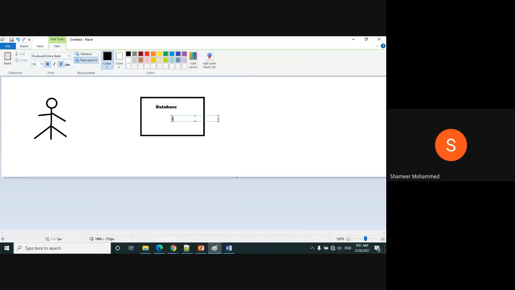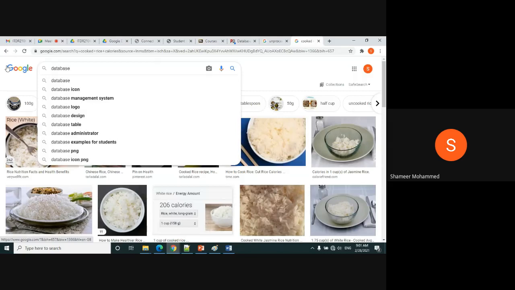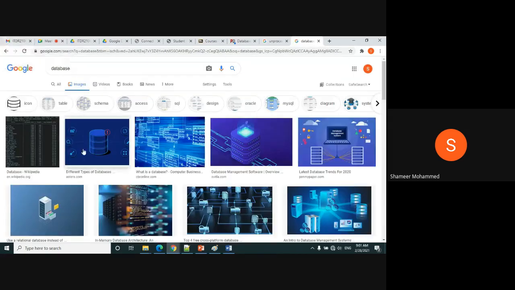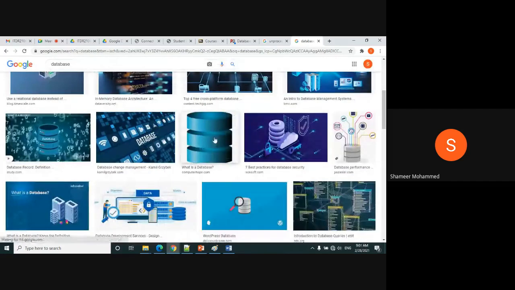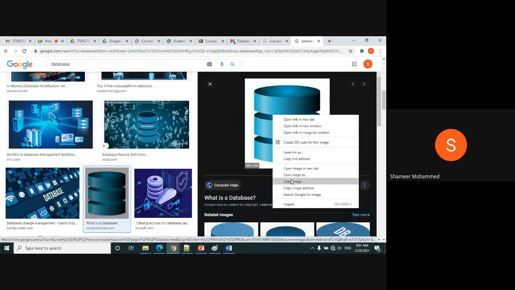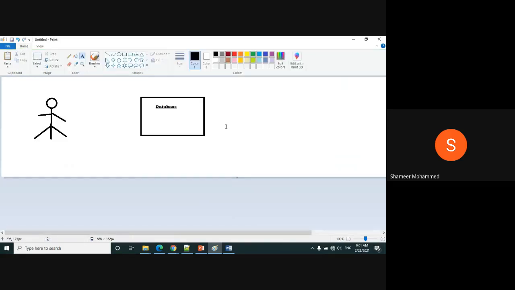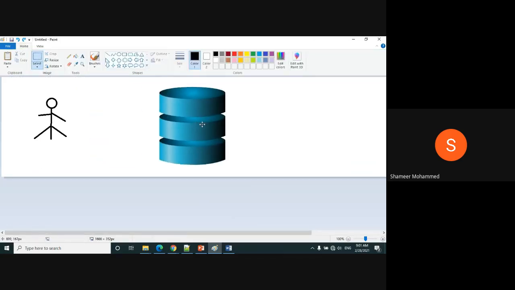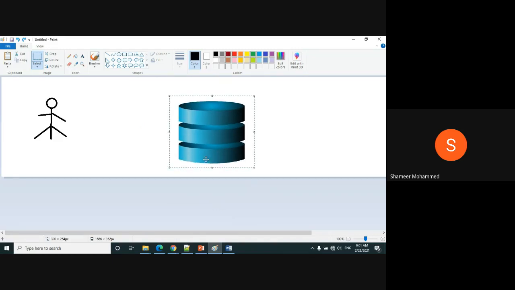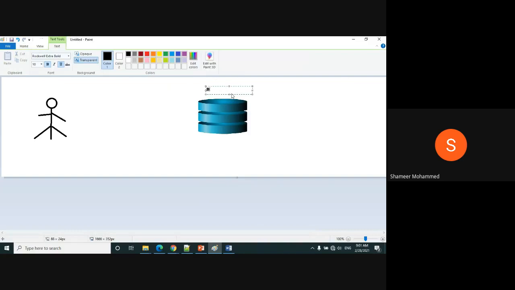Between this user and database, the symbol for database is this one. Okay, for instance, this one. This is your database. This is the user.